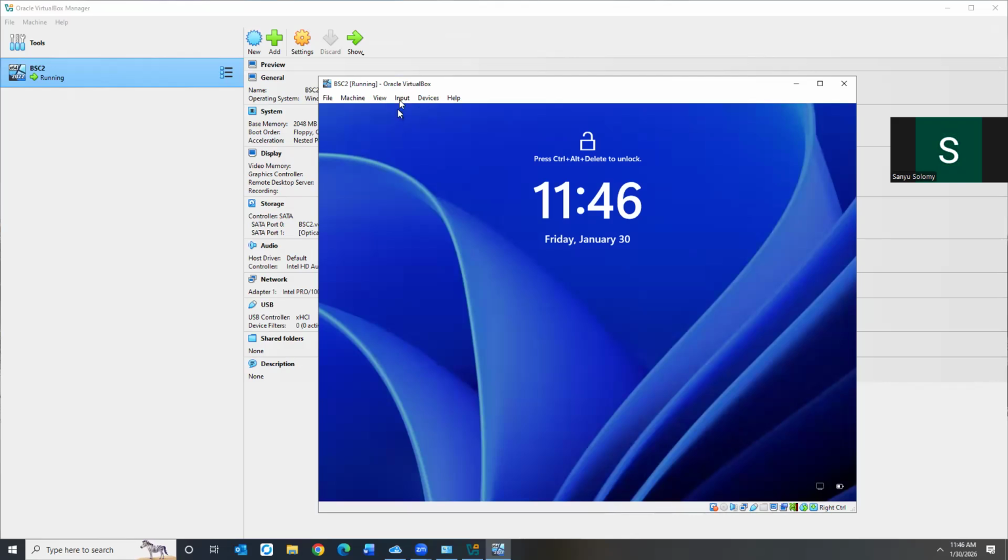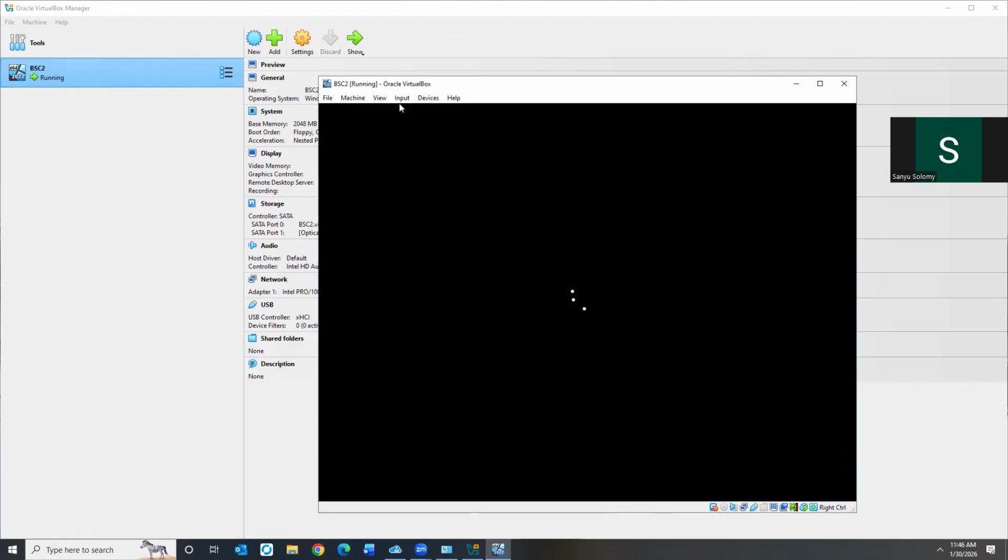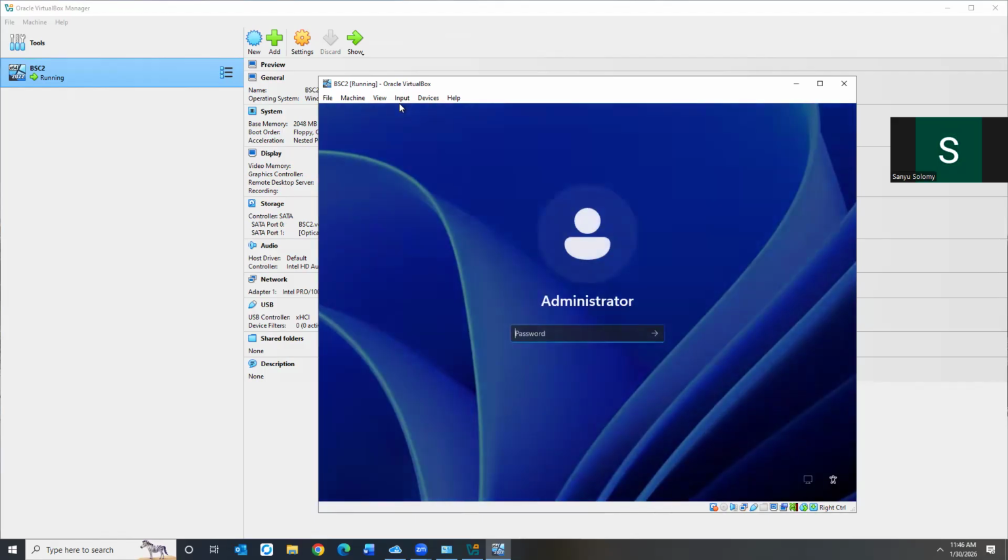How do we log in? You click input through keyboard. Then we select Control Alt Delete. Here, it's going to bring us a password field. So we are going to put the password that we had put. So then this is it.